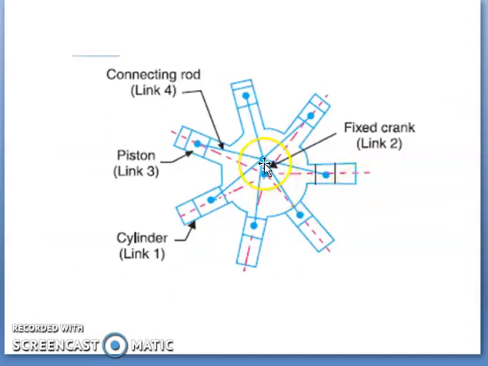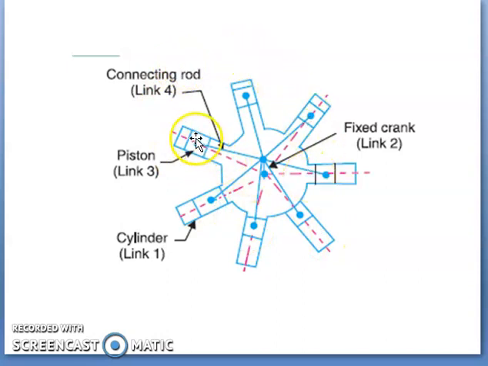What happens is, the crank is fixed. So when the crank is fixed and link 3 is given a rotary motion, due to link 3 rotating, automatically the piston will also slide inside the cylinder. But since this is rotating, it will also cause the cylinder to rotate. So here the crank remains stationary, whereas the cylinders will keep on rotating. The entire frame will start to rotate.